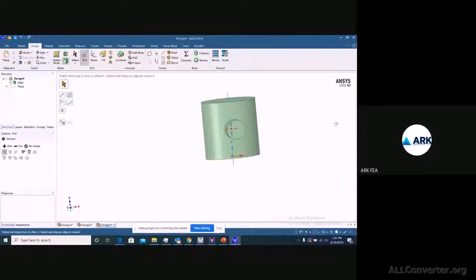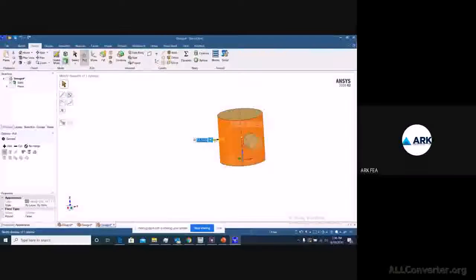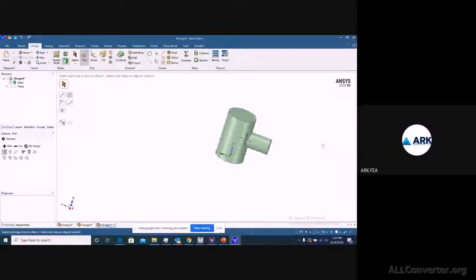These are the two different ways you can use as per your requirement, and at any point of time if you want to edit this radius, you can also do it. So from 12.5 if I make it something like 8, I'm still able to work over it. Or this one, if I make it 2, at any point of time I can work over it, right?